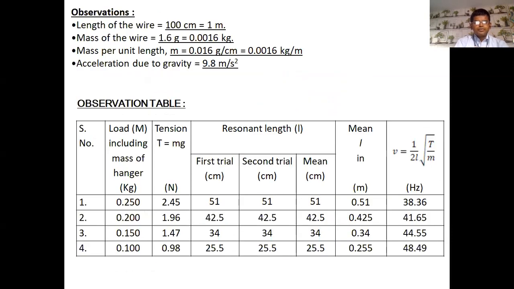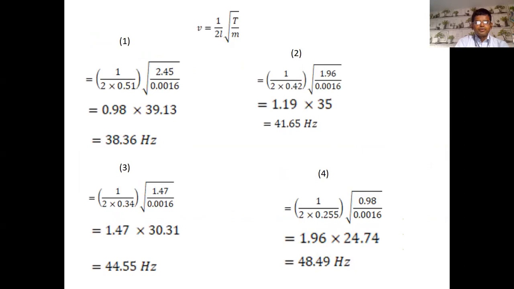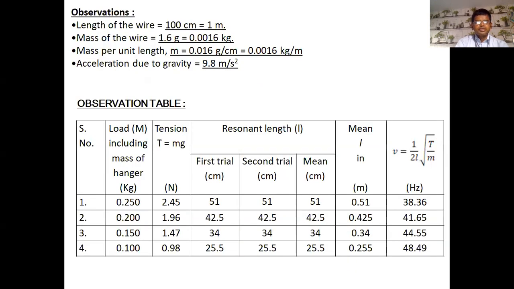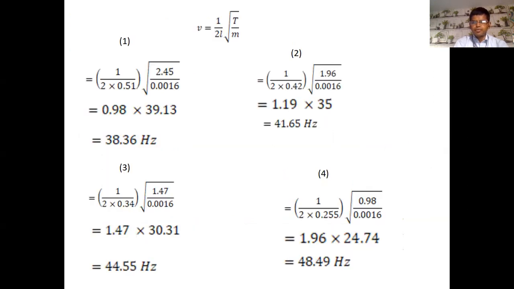And the fifth number. For the fifth number we have a length 0.255. So we put here 0.255 and the T value. T is 0.98, we put there. So after finally 48.49, near equal to 50. So friends, in comparison to last year's 11 science, the 12 science sonometer practical is a very easy, simple method.